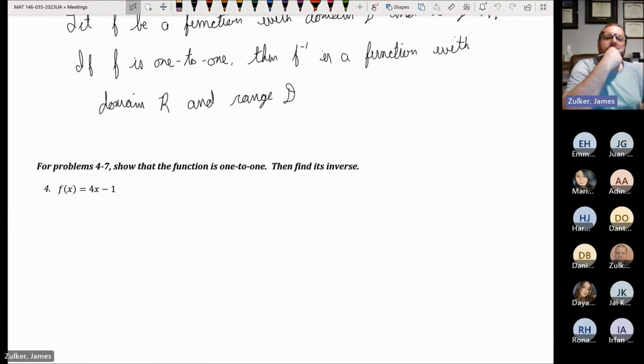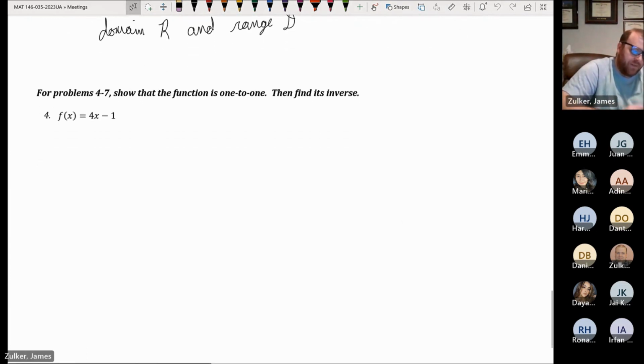So for the next few problems, what we're going to do is show that the given function is 1-to-1, meaning that it'll have an inverse function. So we'll go ahead and find its inverse. To show that a function is 1-to-1,